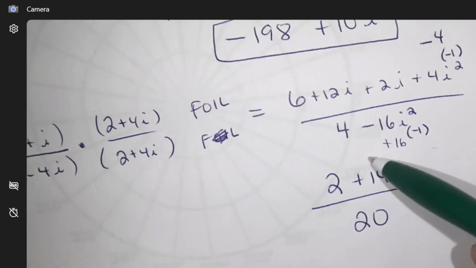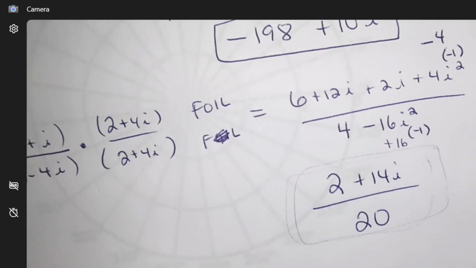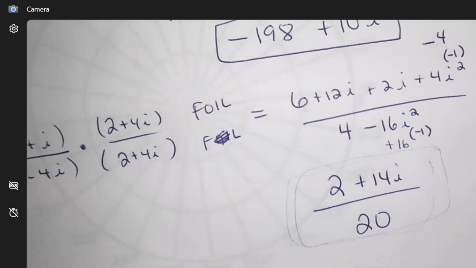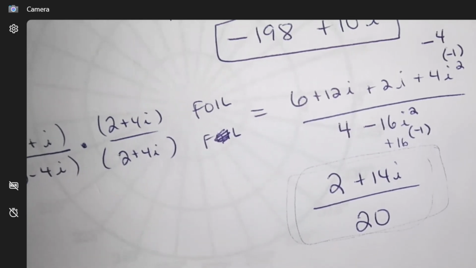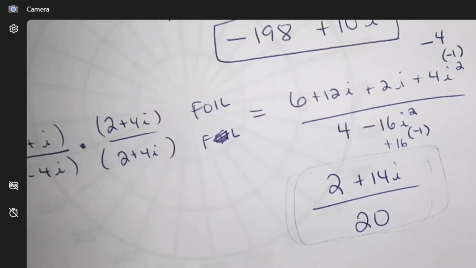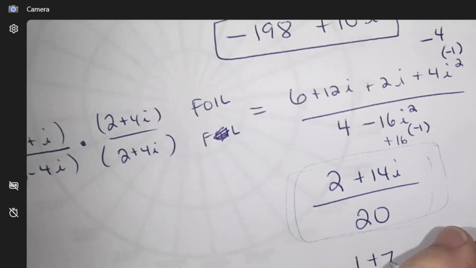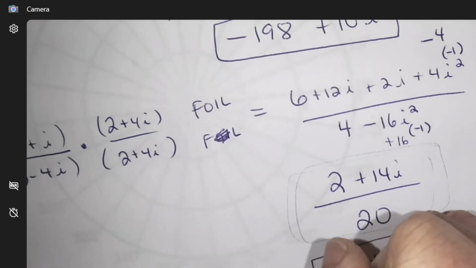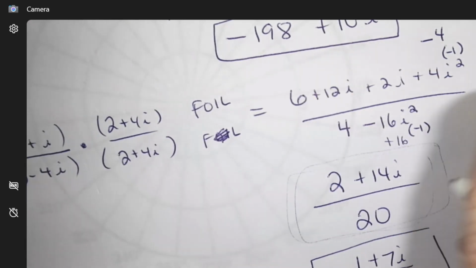Okay, this would be your final answer unless I say to simplify it. Could we simplify that any more? Is there something you could do mathematically to simplify that if you wanted to? What's the protocol there? Divide all. You can divide everything on that by 2 if you wanted. So 1 plus 7i over 10. This is normally your final answer, but if this one happened to reduce everything